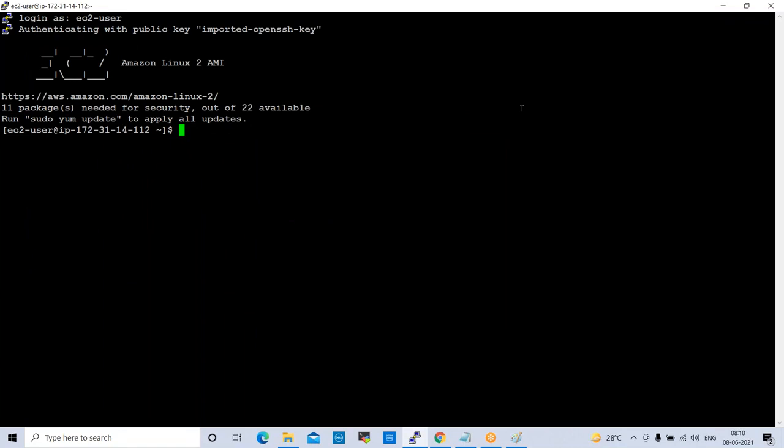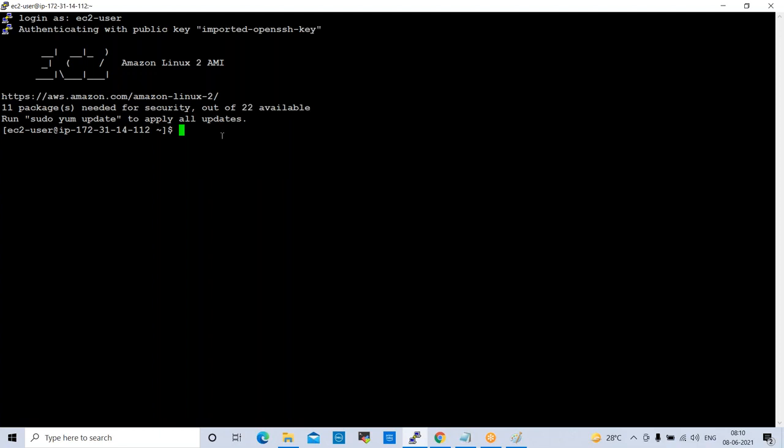Normally, when you want to change the name of the server, in real time, if you are working on multiple servers or even a single server, sometimes we change the server name. So instead of using this IP address here, we can change it to a name. Okay. So now we can change the name here.